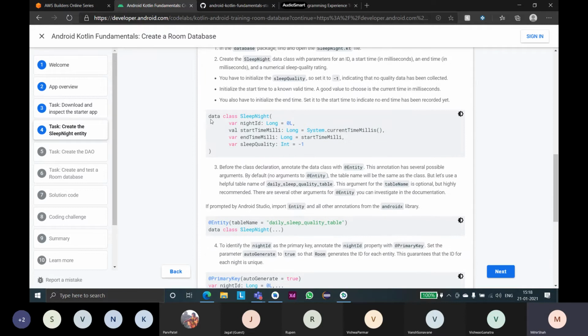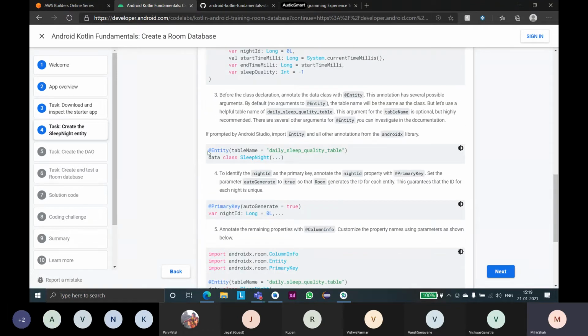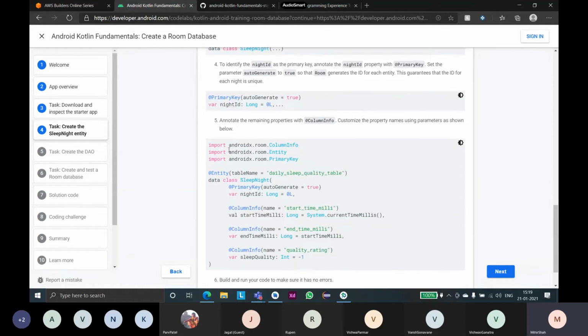Okay, so we have declared it as a data class here, and this is an instance. Then we'll be creating it as an entity, giving it a table name and declaring the primary key, which is the most important part. Without it, you will get an error.